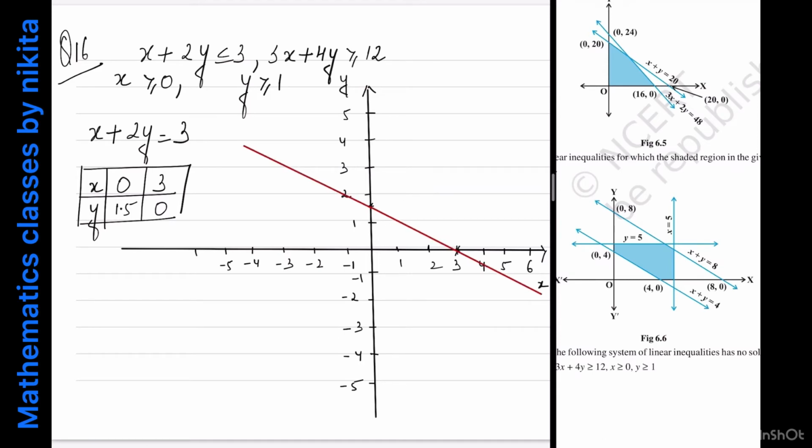Okay. Now you have to see the region. If you want to see this region, then what will we do? Let's put 0 and 0 in this inequality. So for 0, 0 we have 0 plus 0 which is 0 and 0 is always less than or equal to 3. So that means that origin satisfies this inequality. Origin satisfies this inequality. So therefore we have the shaded region as,